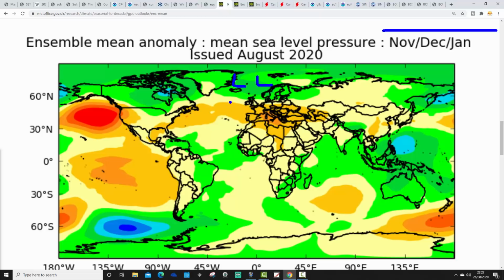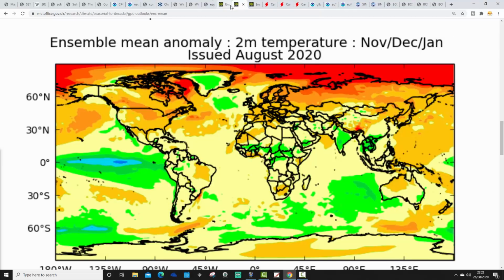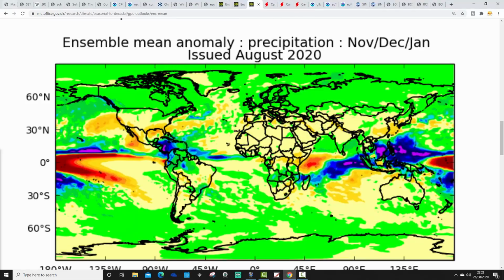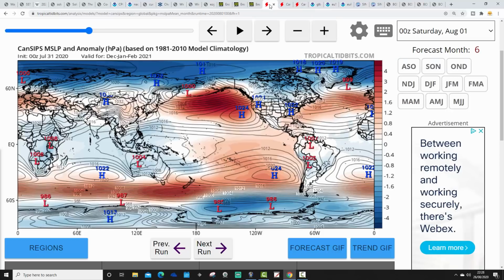And you can see that UK Met Office model is going for a mild westerly wind. It has high pressure to the south, low pressure to the north, and it's bringing in the winds from a westerly direction. Absolutely no sign of northern blocking with that one, certainly through the early part of winter, November, December, and January. Temperature anomaly forecast to be above average with the UK Met as well for November to January, and the rainfall anomaly is forecast to be wetter than average with that one.